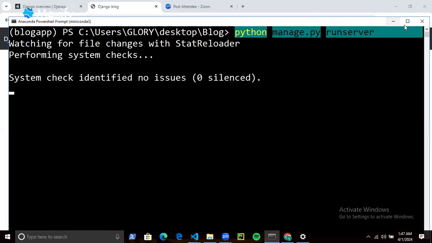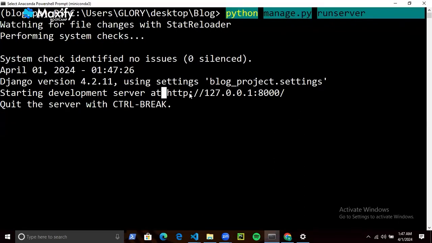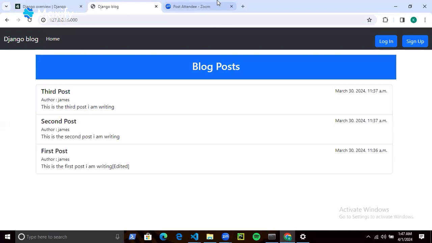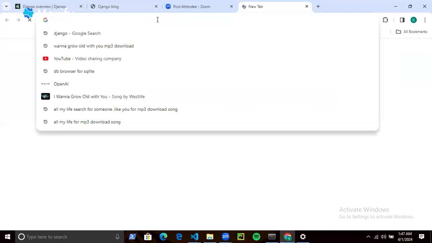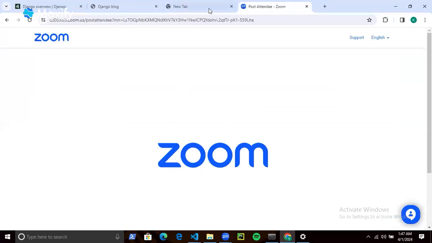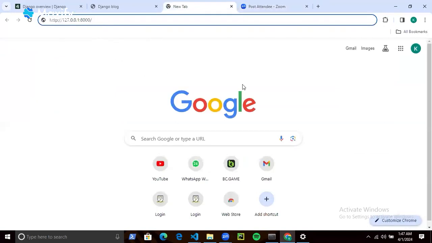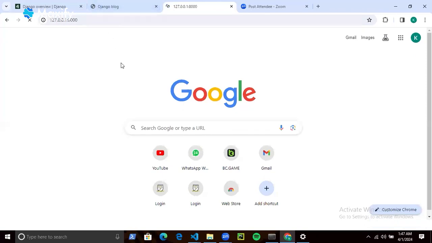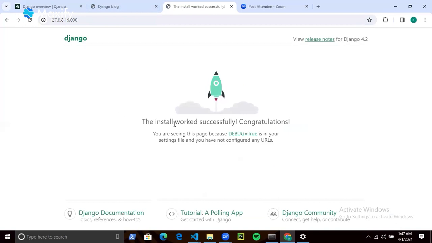Yes, this is going to take. Okay. So yeah, we have our app running at port 8000. Just quickly go to the browser. Now, if I do this, now see that. Yeah, so as you can see, the install worked successfully. Congratulations. Okay, cool. Now we're going to move on to